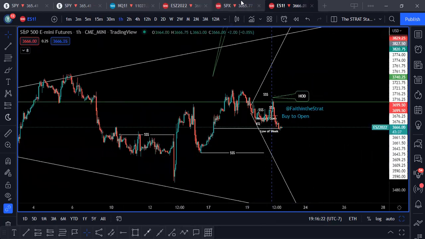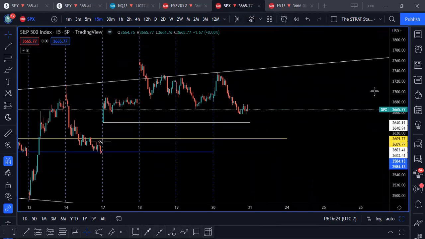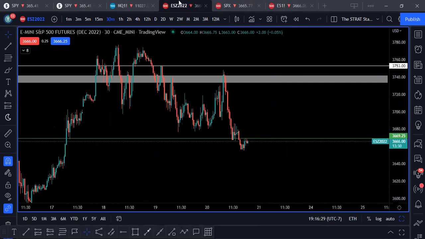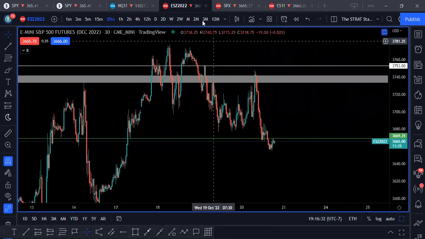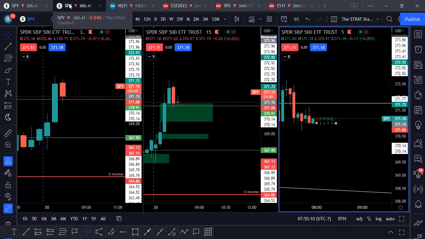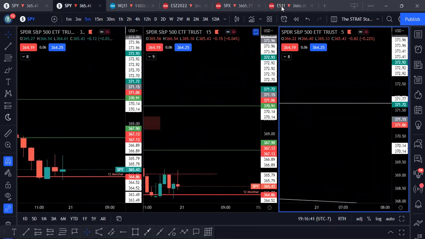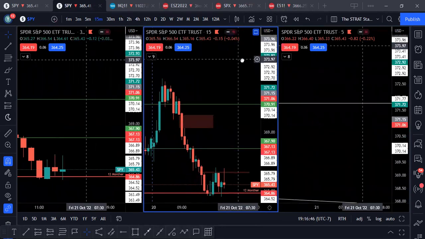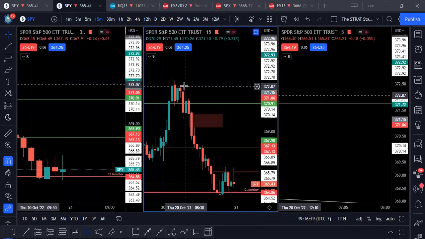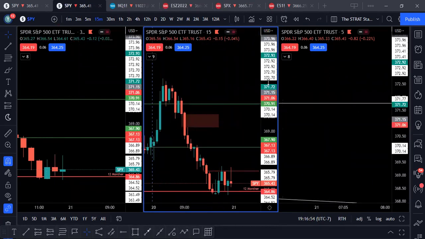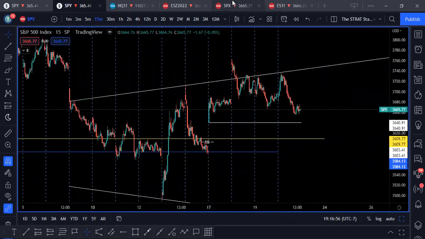I also chart off of SPX, which is the actual index we're trading. This is just another futures contract. This is the standard futures contract. This is a continuous one. They're all the same. And then here's the SPY. If you look, all of them have the exact same price movement. So you don't really got to worry too much. Even if the numbers are off, you should be able to look to the left, or when you put in your order, look at the price of the SPY or SPX at the time and match that up. The candles are all the same.